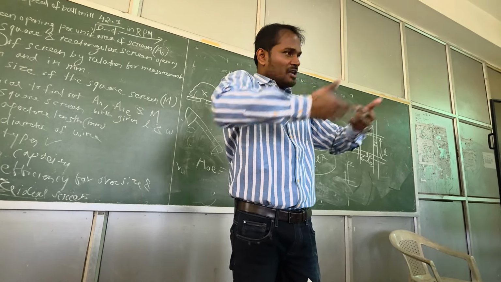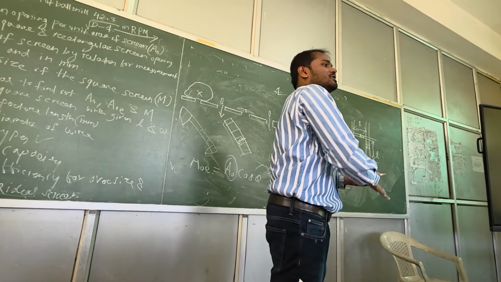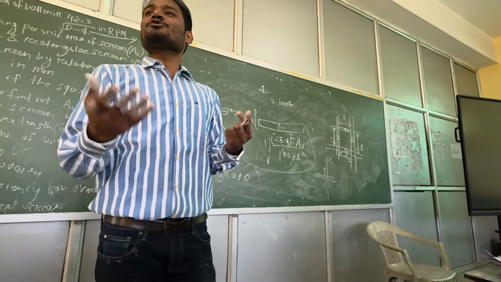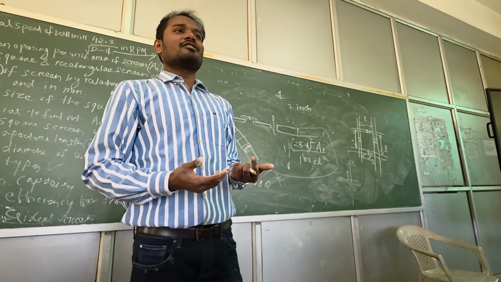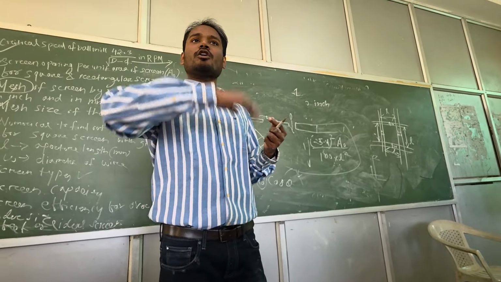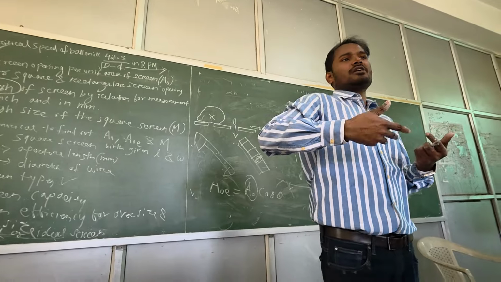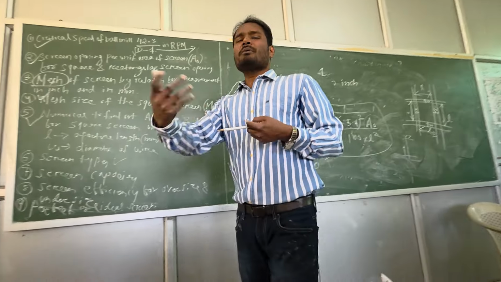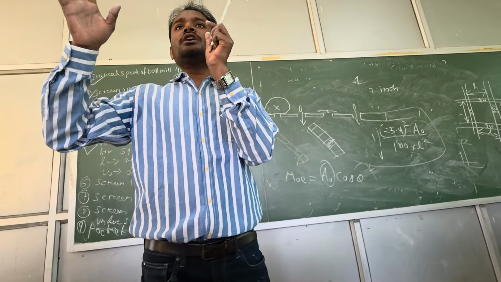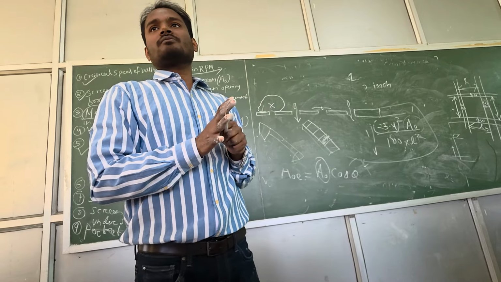So better you do screening first. You allow the fines to pass away, and only the bigger size you feed into the jaw crusher or the gyratory crusher. If you feed fines and cores, the throughput will reduce. That means you are not doing proper mineral processing. You first remove all the fines and feed only the coarser particles. That is technically called grizzly. If people ask what a grizzly screen is, you can simply say a grizzly screen is a very robust screen which we use at the start of mineral processing. It is the first screen.